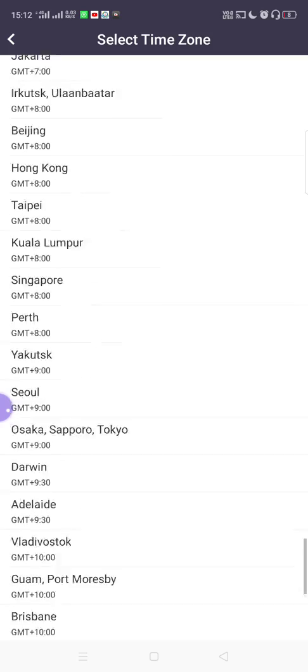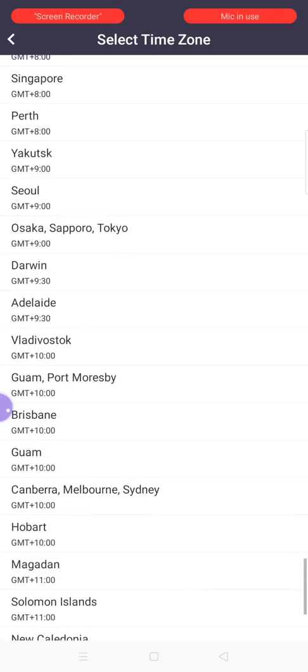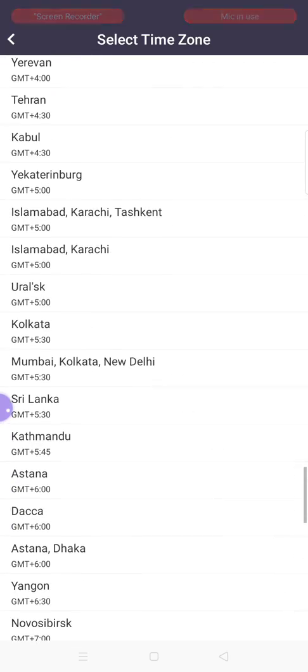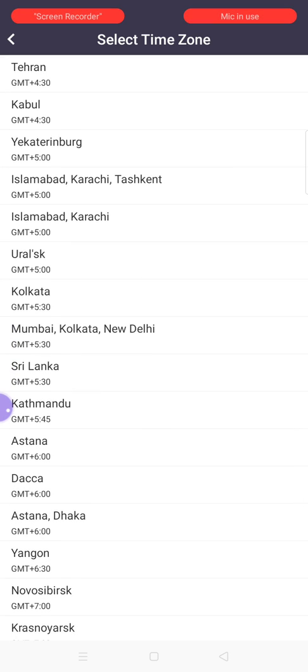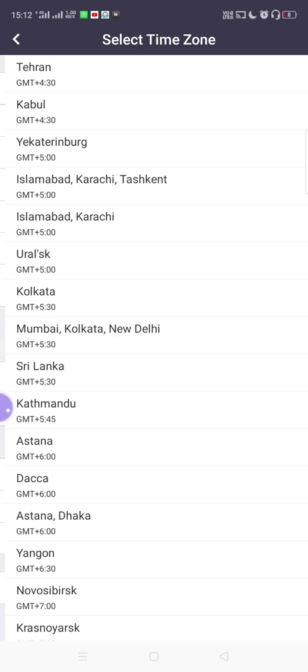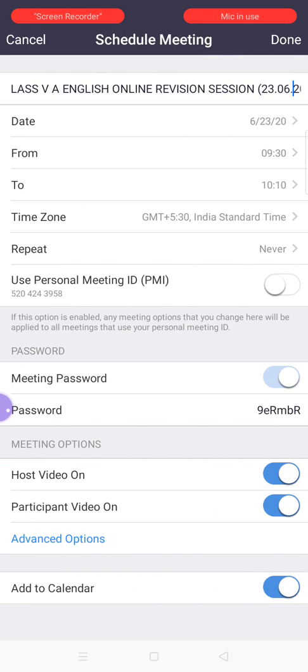You won't get the IST here, but you will definitely get Mumbai, Kolkata, New Delhi, right? You just select it. It will be selected, and the IST is again appearing here.